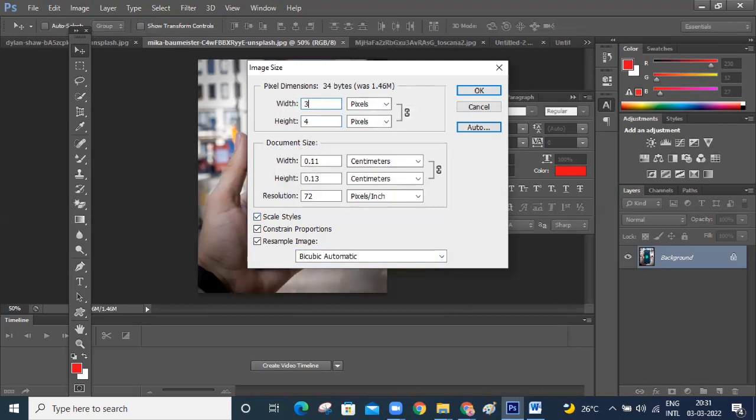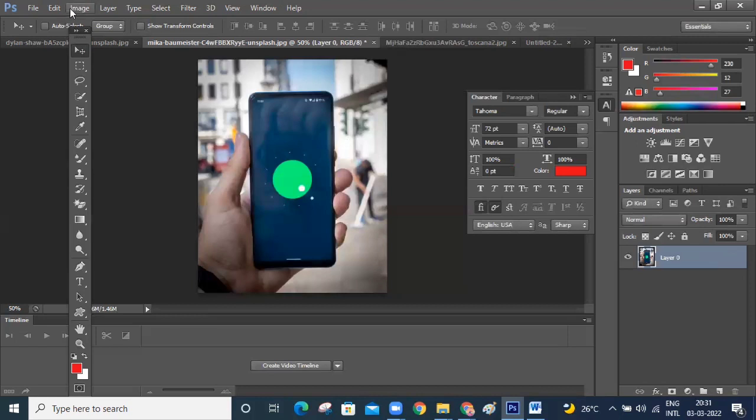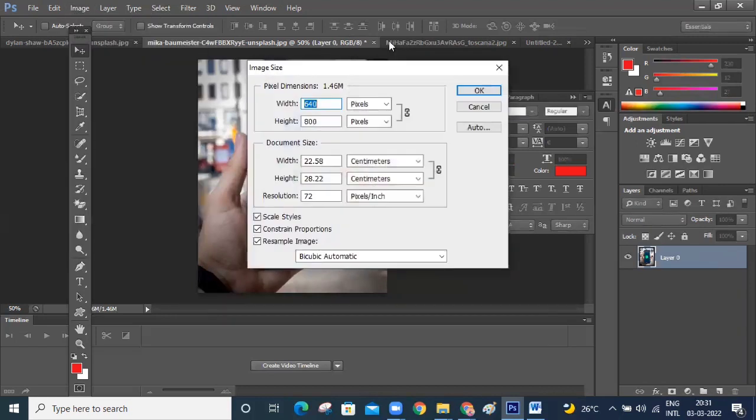I think I need to click on that lock. Yeah, I'm clicking on that lock. Sorry, yeah, here I have to unlock. Now you can change the image size.